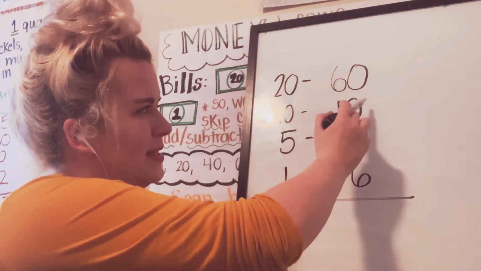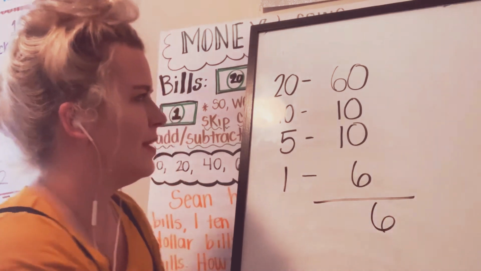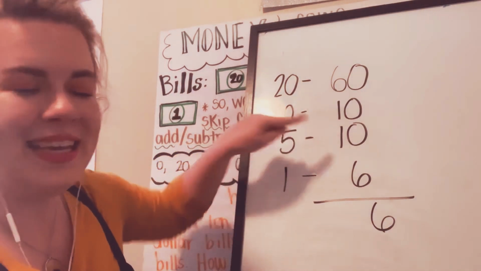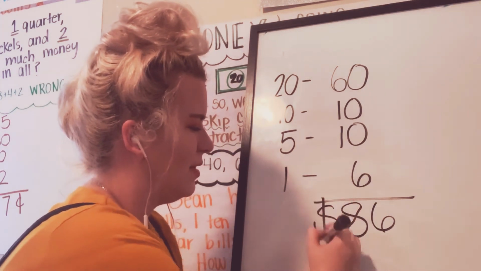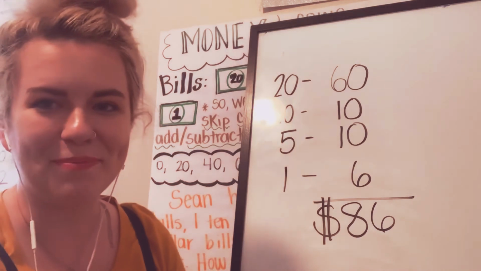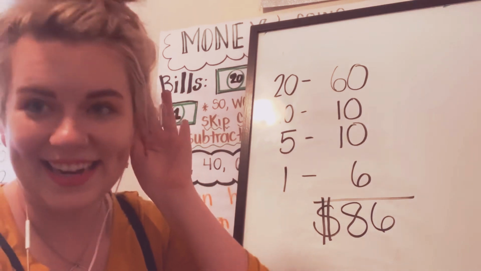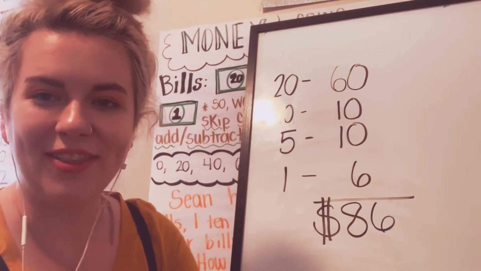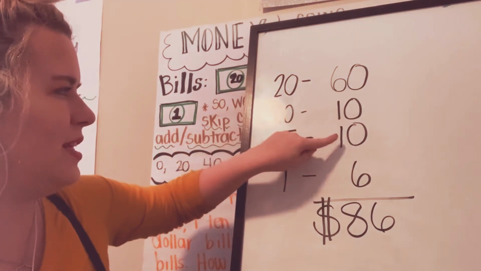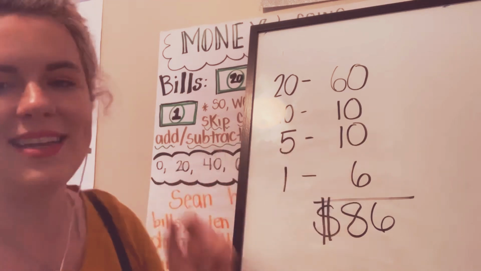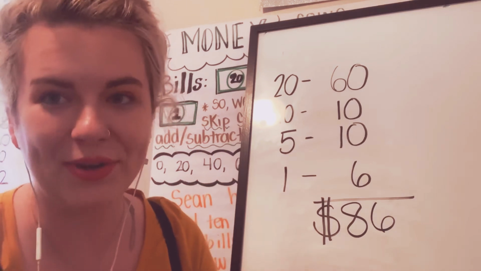I'm going to add down my one side. 0 plus 0 plus 0 plus 6 is 6. 6 plus 2 is 8, so there's 8 tens. Okay, we're creating dollars now today, so that's a dollar sign in front of the number. So 60 plus 10 plus 10 plus 6 is $86. How much does Seon have altogether? $86. Okay, so that's 60 plus 10 is 70, plus 10 is 80, 80 plus 6 is 86. So if you're really good at counting on in your head, you could have done that without creating a vertical